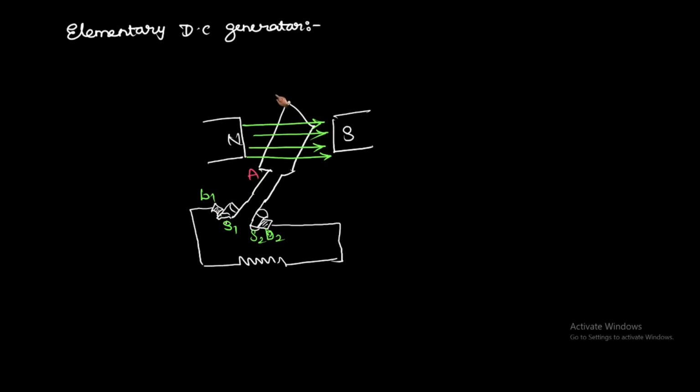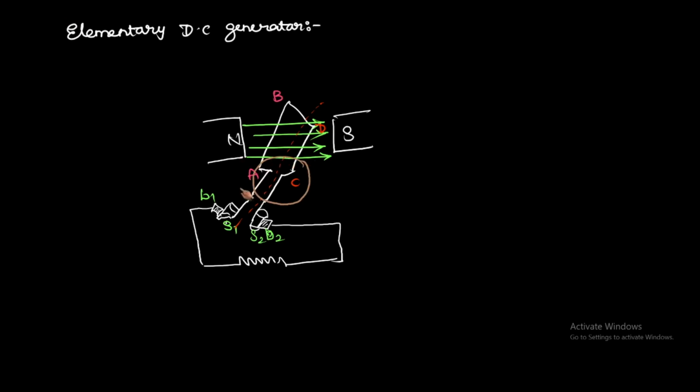Here it is A and B, and on this side it is C and D. Let us consider the length of the conductor, and this is the plane. Whenever you have dynamically induced EMF, let us draw the front view. If you observe the front view like this,